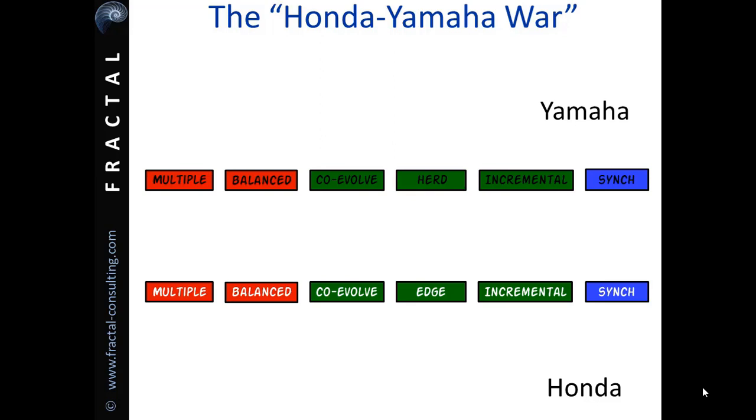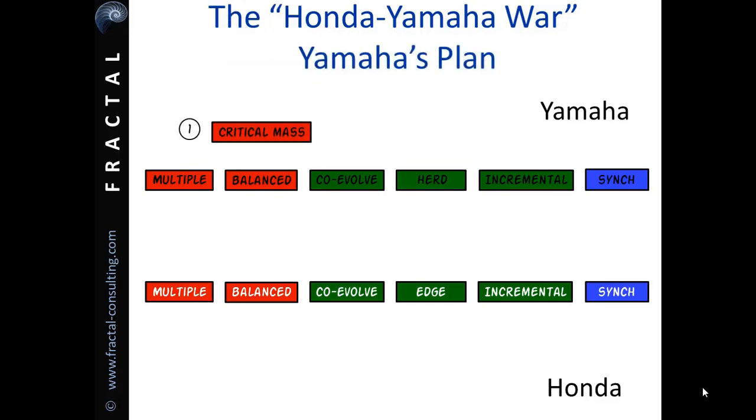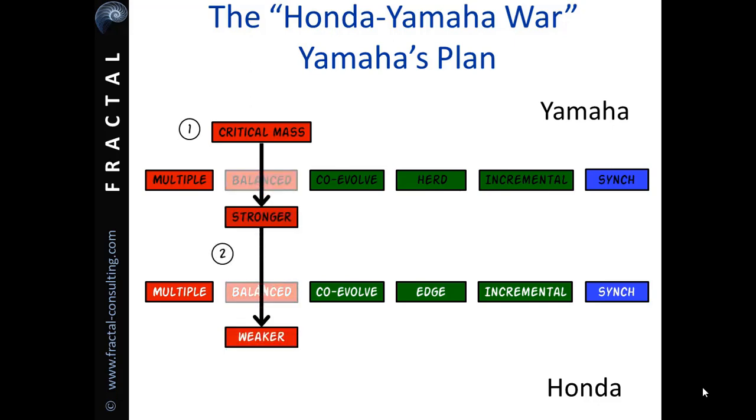But at the time, Honda was focusing on its cars, and Yamaha saw an opportunity to seize market leadership in motorcycles and decided to take it, using a critical mass approach that involved building the world's biggest motorcycle factory and exploiting the economies of scale that would provide. Yamaha calculated that this would reduce their costs and enable them to undercut Honda's bikes, a strength move which would take Yamaha to stronger and push Honda back into being weaker.